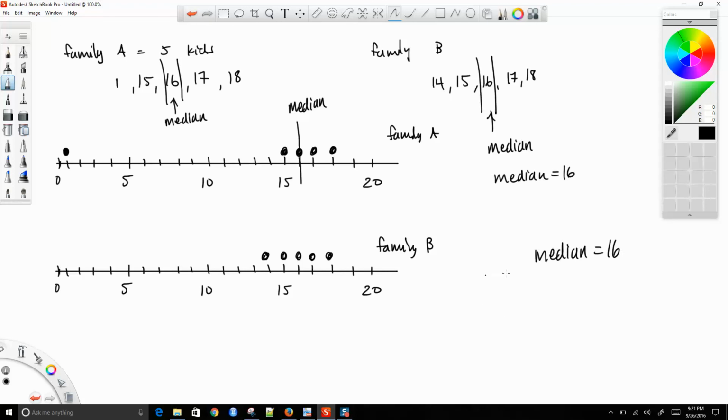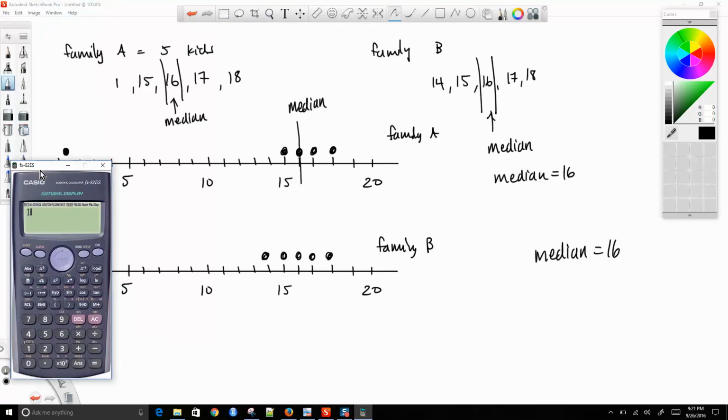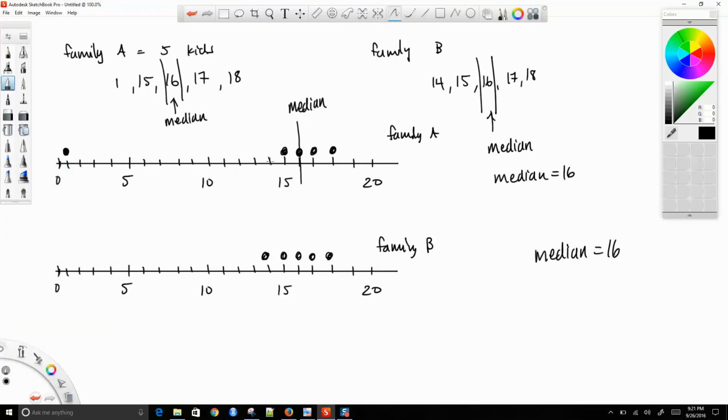But if we look at the mean, okay, we would have to add up all of these numbers. So here I can do... Okay, so family A, we got 67. We divide that by 5. And we get the average to be 13.4, okay? So this is where we would put the mean value. The mean is at 13.4, and this is where the seesaw would be balanced,